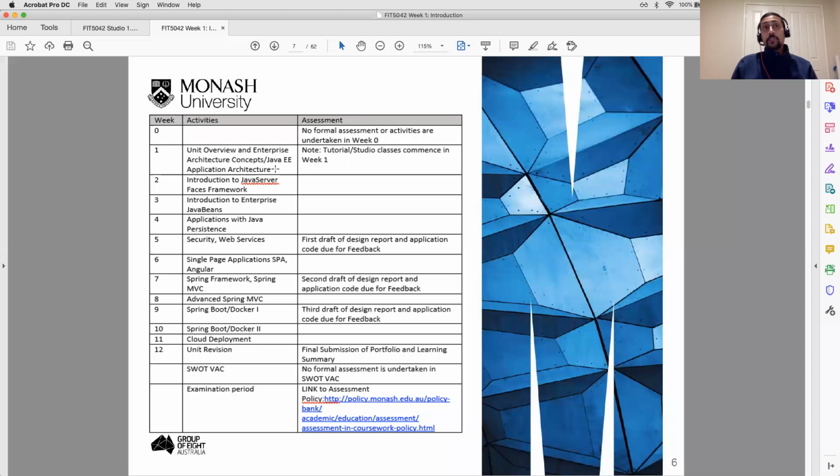IntelliJ IDEA's WebStorm. I don't know how many of you have heard about it. The IDE is called WebStorm. It is an expensive licensed IDE, but it's available free of cost for Monash students. From week 7 onwards, we'll be using IntelliJ. And in week 9, we'll start with